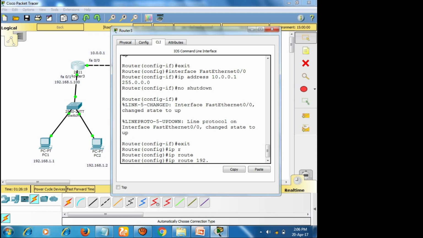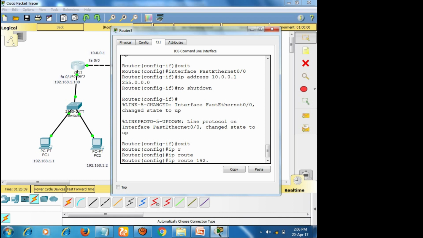What does next hop address mean? It is a kind of direction, right? Because if you are going somewhere, there are plenty of ways to reach the destination. There may be left or right or straight, so you need to tell in which direction you need to travel.